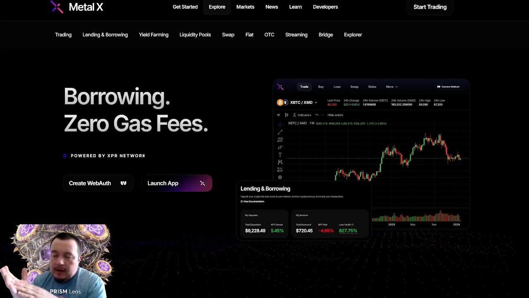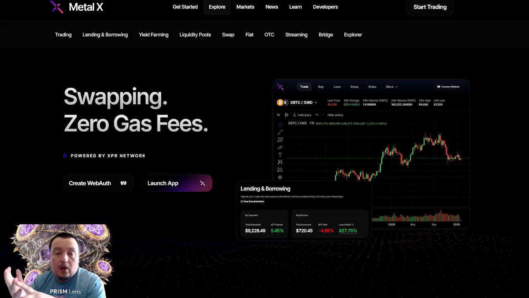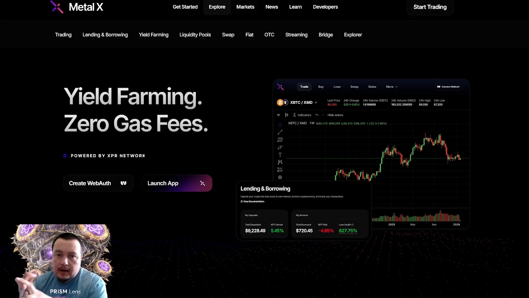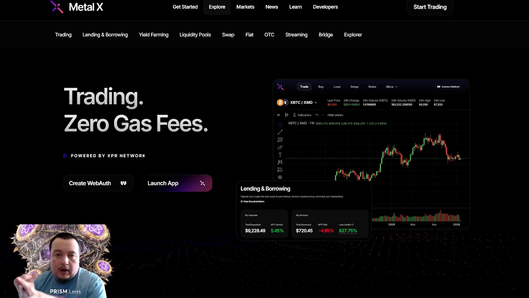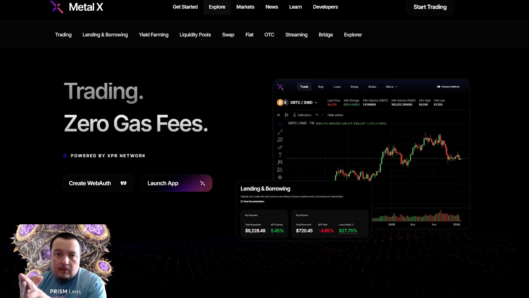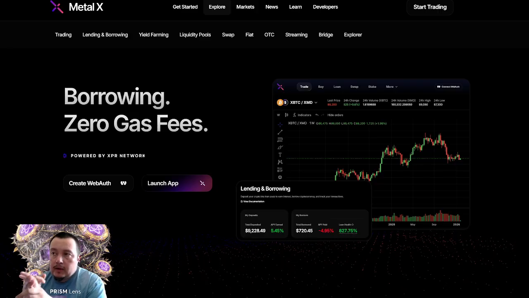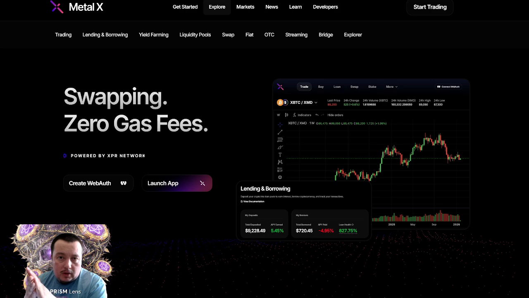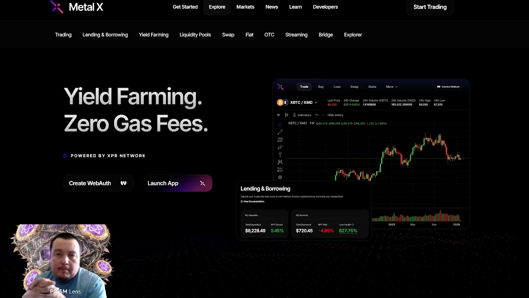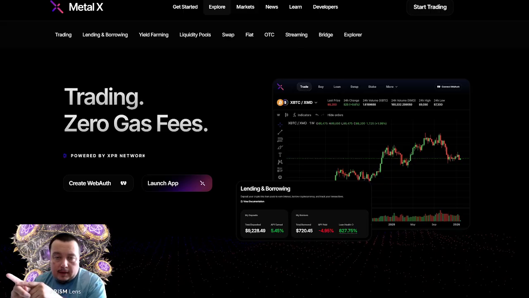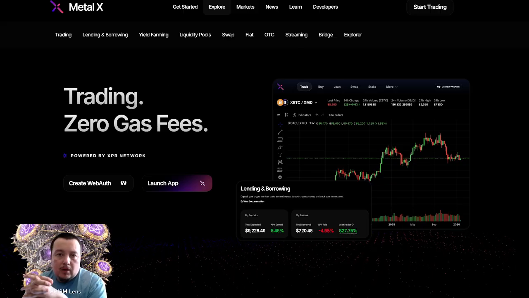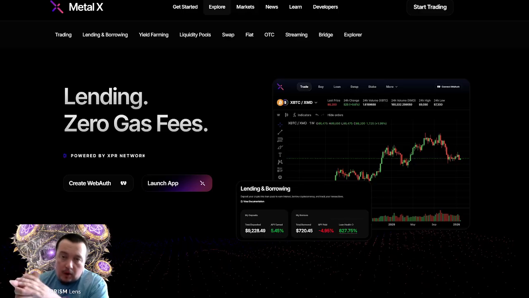We talked about how to download the WebAuth wallet, how to get KYC verified, how to transfer your coins from different exchanges or cold or hot wallets, right? And how to utilize those coins and make sure they work for you. But before we get to the next step for using the MetalX platform through your WebAuth wallet,